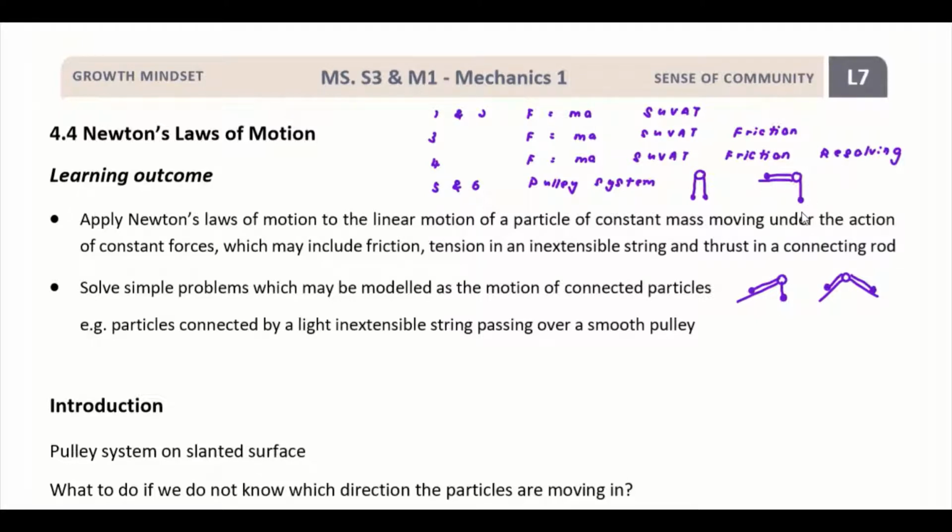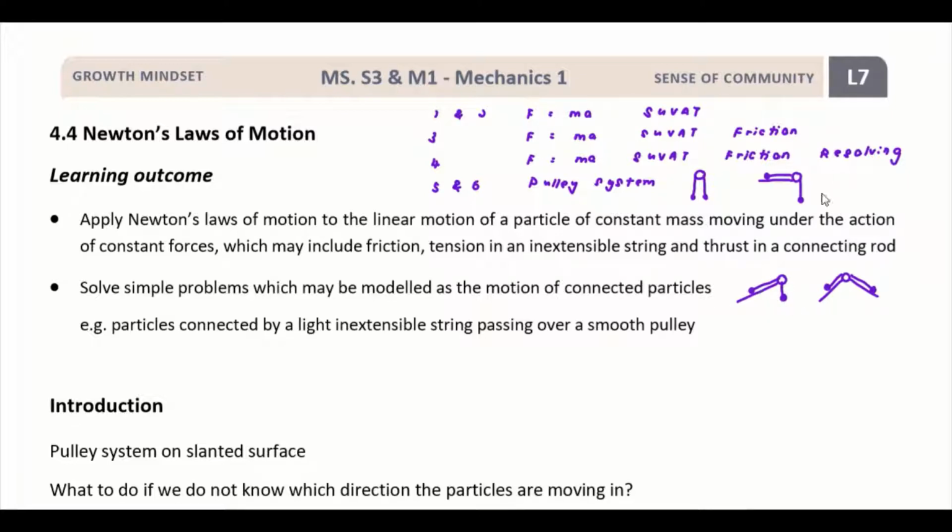If, let's say, the force here is not large enough, then it will be in equilibrium, as if the force that you exert is not enough to overcome the friction, the limiting friction that you have. So normally it's very easy for us to identify that. But for today's question,